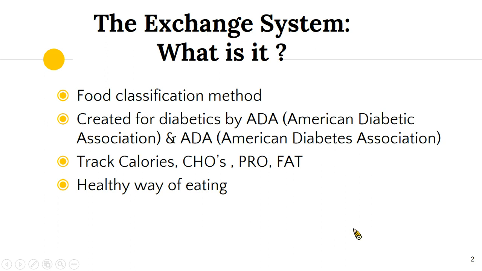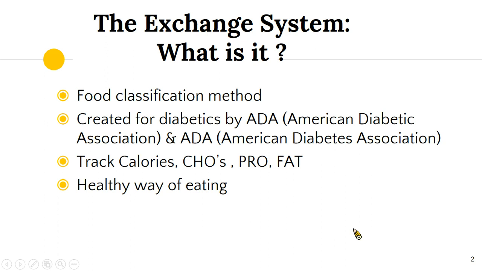A food exchange list is a system of determining a daily food plan based on unit or exchange of varied food types. Each item on an exchange list can be swapped with any other food item on the same list in the portion size listed.